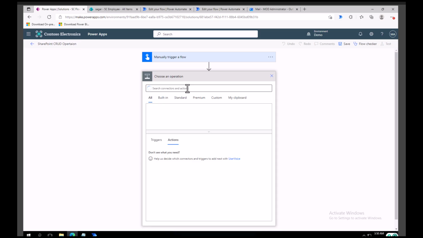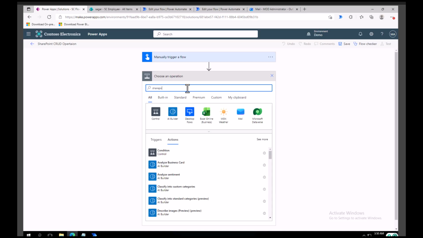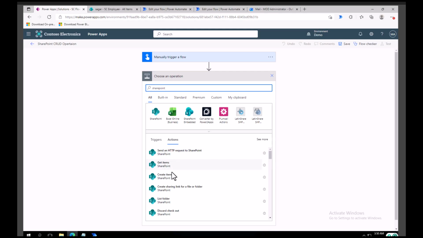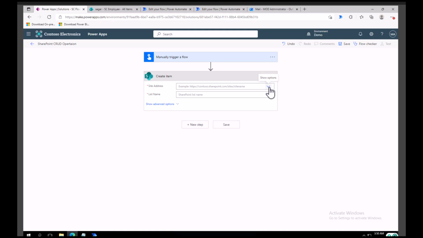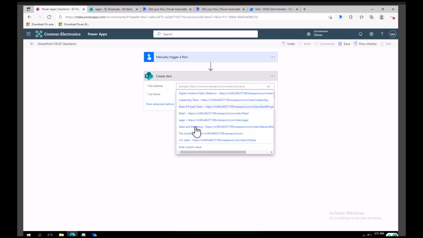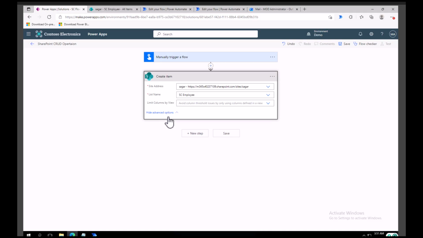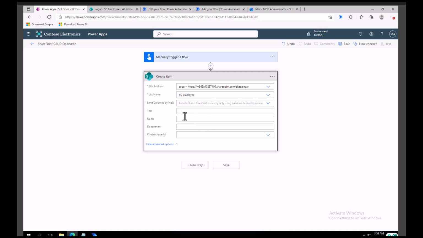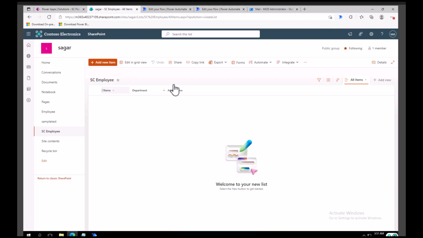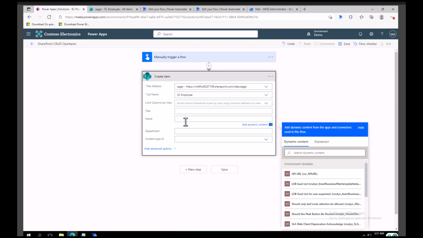So for that I can click on the new step, and here I can search for SharePoint, and once I click there, I have this action available, create item. Basically I can select here my site address, this one, and it will take some seconds, and I'm going to select this Sagar one. Now the list that I have created is SC employee, so I'm going to select this one. I can go to show advanced options, and here you can see I've added these two fields, name and department, so I can easily enter